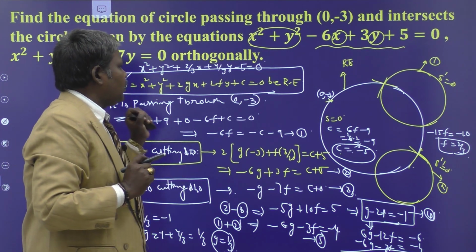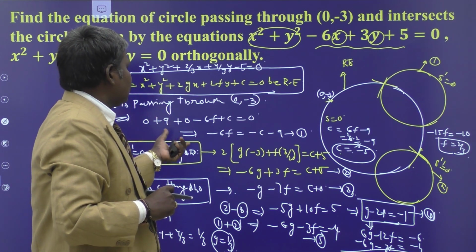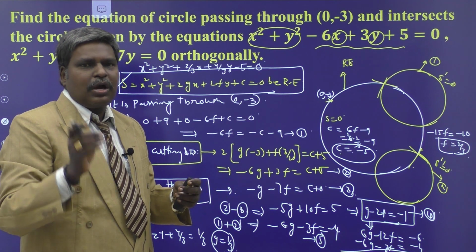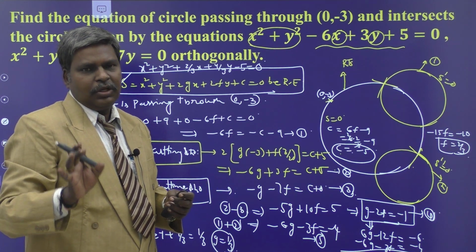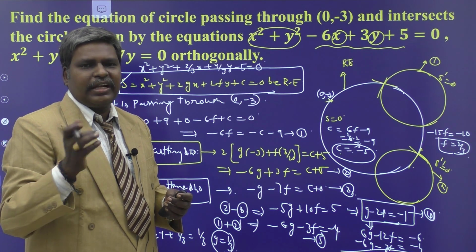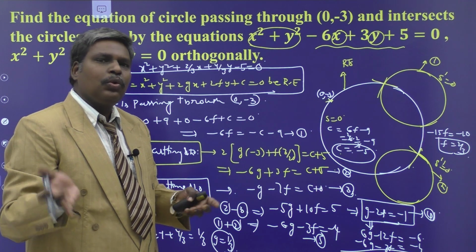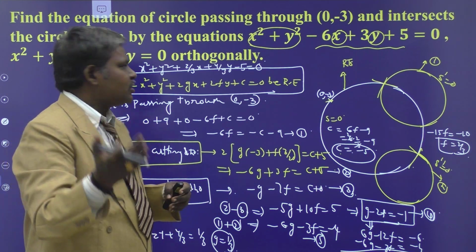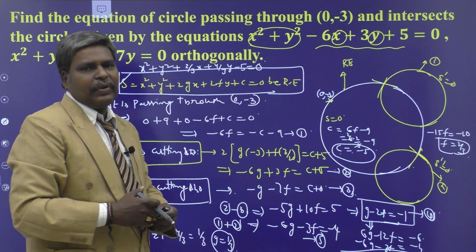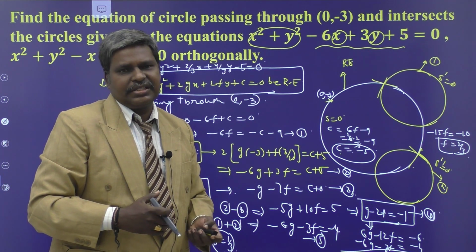So read the question thoroughly, apply the conditions neatly, we obtain the equation by solving those obtained equations. So first of all, you have to eliminate c value. We get the pure equations in f and g and solve them. You get f comma g, substitute f comma g in any equation having c, we obtain that c also, and then substitute f, g, c's in your required equation, we obtain the required equation of the circle. That means it satisfies the given conditions. Understand?